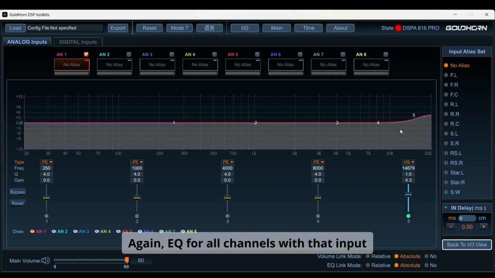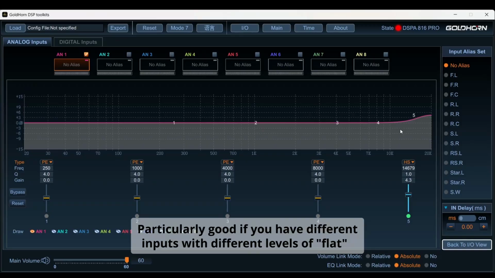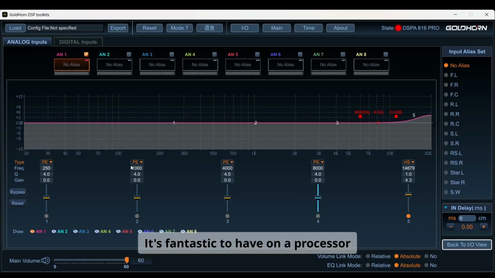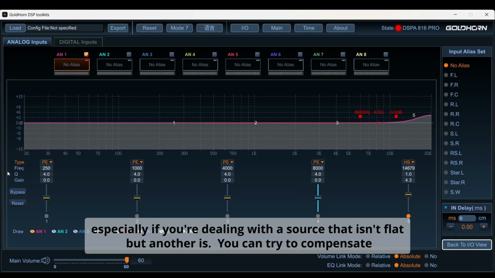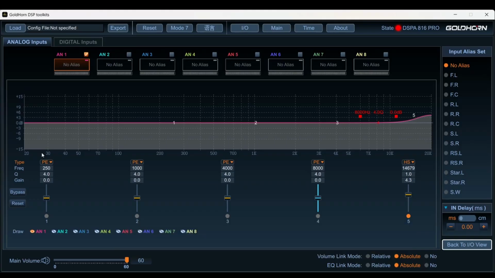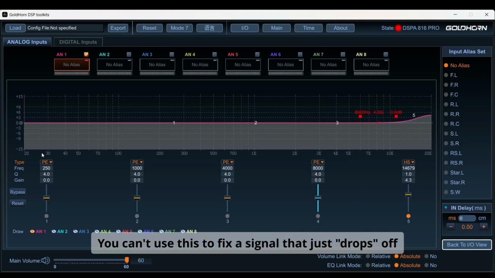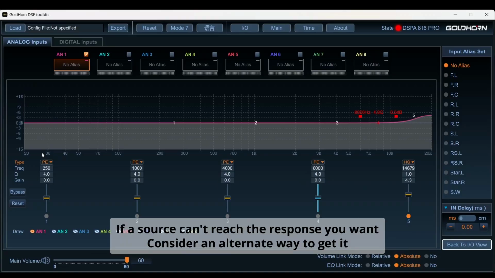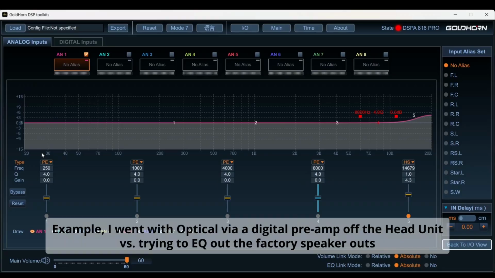So it's quite powerful, and I would just be responsible with it. This is, just like I said before, fantastic if your source is rolling off the signals, say the low end's rolling off. It will not fix something that rolls it off so extreme that the EQ cannot compensate. So it's important to keep in mind that there's limits, and those limits need to be respected,